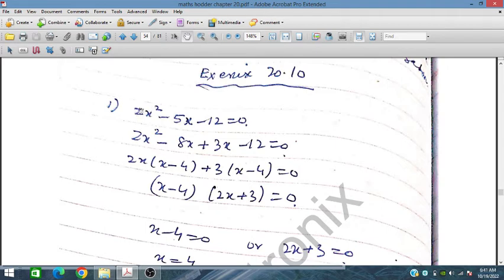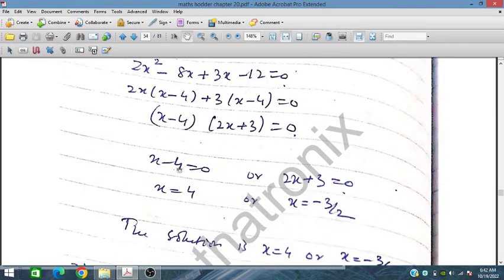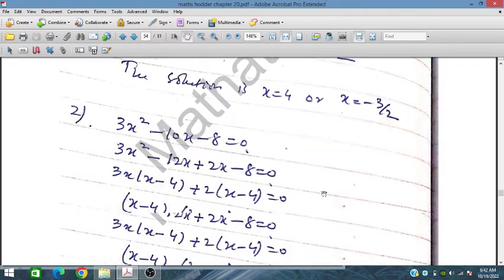Now multiply this with this one and we have 24, and we have to divide the 24 in such a way that we get this minus 5x. So 8 minus 3, when we add we get minus 5, when multiplied we get minus 24. So we take all this and we have x minus 4 is equal to 0, 2x plus 3 is equal to 0, x is equal to 4, x is equal to minus 3 divided by 2. The solution is